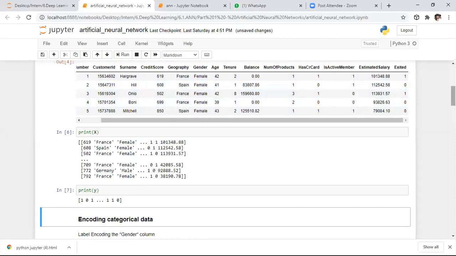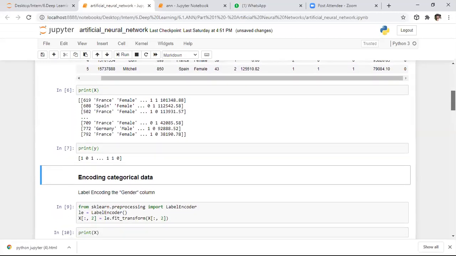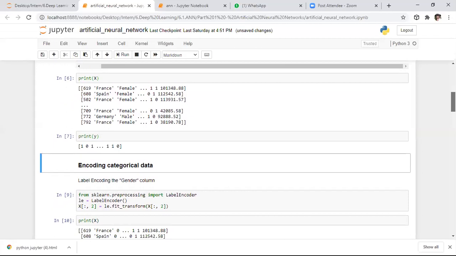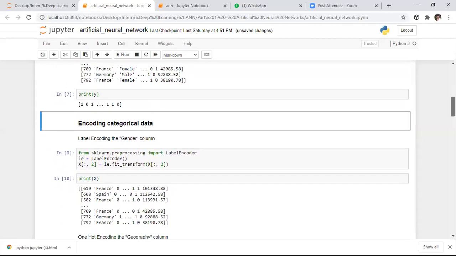So here we need to convert. To get the optimum result, machines cannot understand string data. To make the machine understand this data, we are converting the data in the form of numbers. By applying label encoder, I am converting that data into numbers. For the purpose of pre-processing, I am importing label encoder. I'm creating an object of that class, and on the specific column in this data set, the second column, I am applying this. The second column is nothing but the gender column only. On the gender column, I'm applying label encoder.